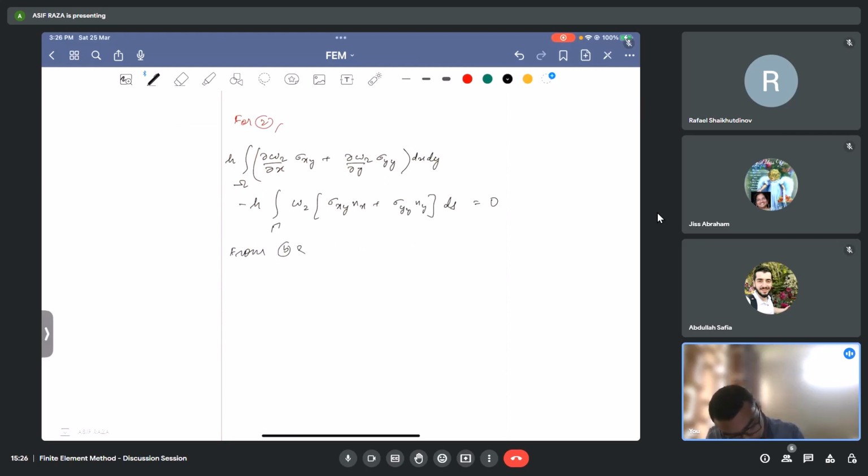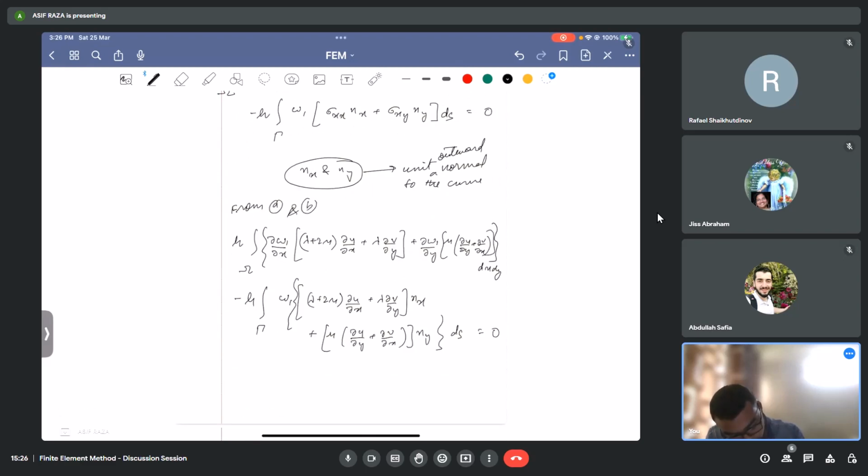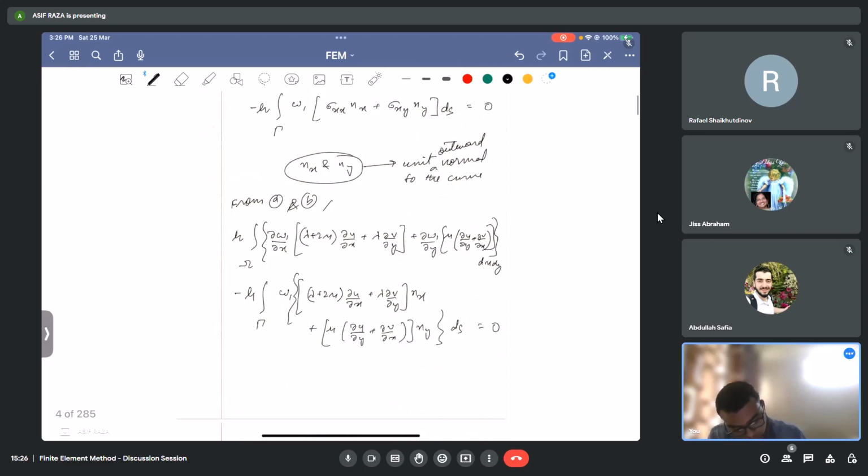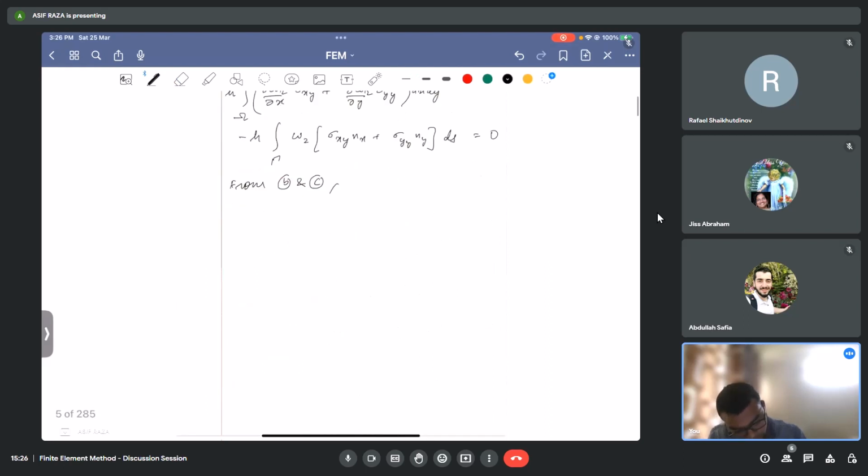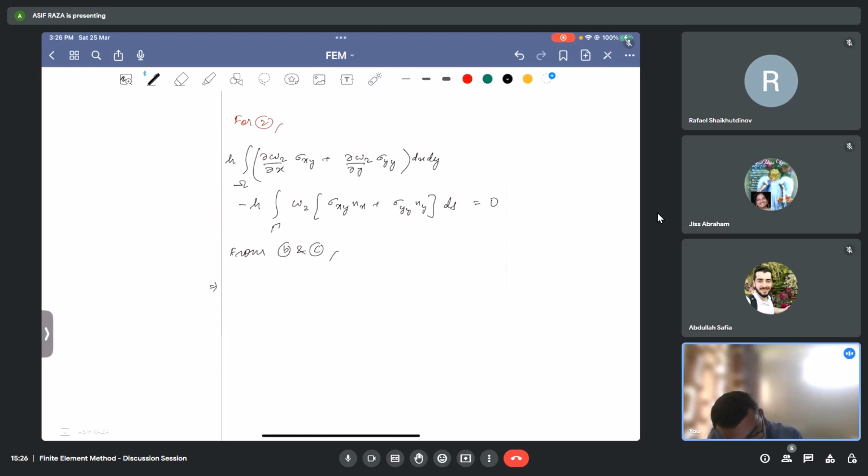and from B and C, from A and B, A and C, and yes, B and C. So this can be simplified further as h over omega, del w2 by del x, sigma xy is mu del u by del y plus del v by del x, plus del w2 by del y, sigma yy is lambda del u by del x plus lambda plus 2 mu del v by del y, and this is in the domain dx dy,